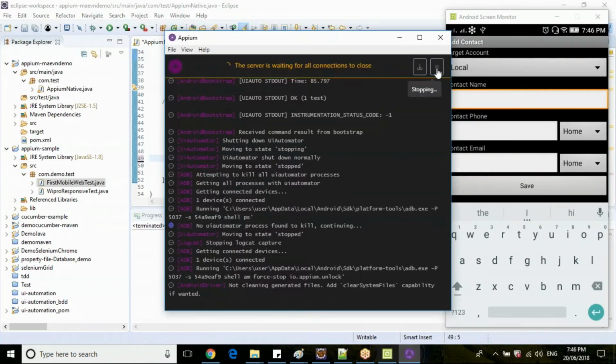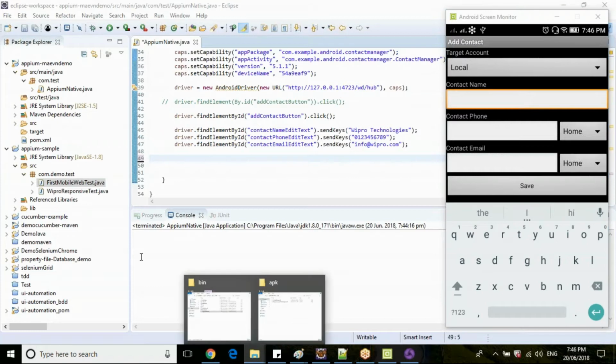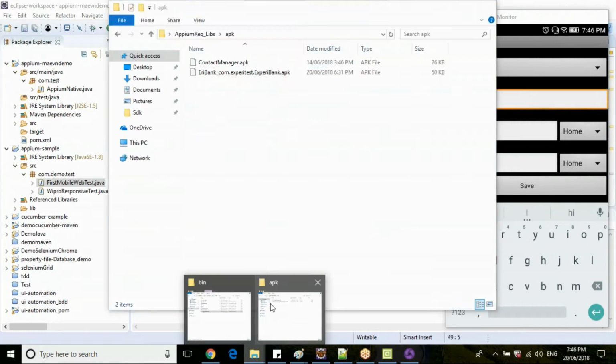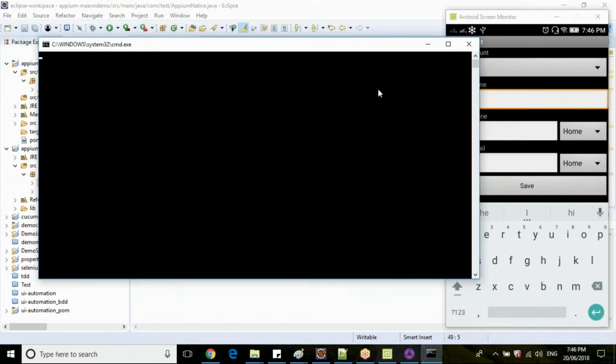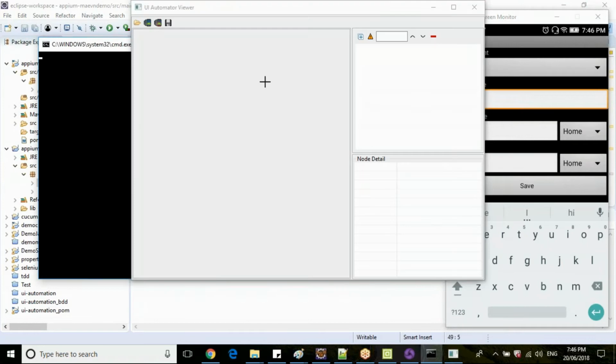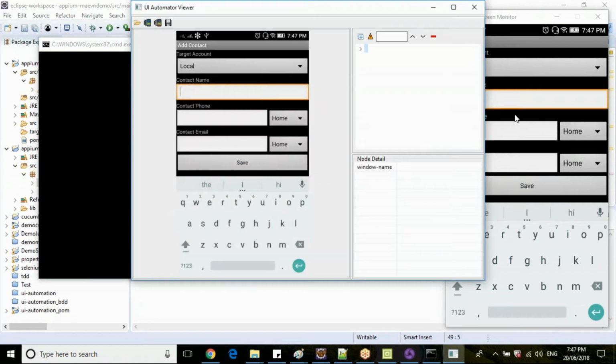So when you're running your UI Automator, just stop your APM server. Go to SDK. Okay, take a screenshot of this mobile, then inspect this drop down.